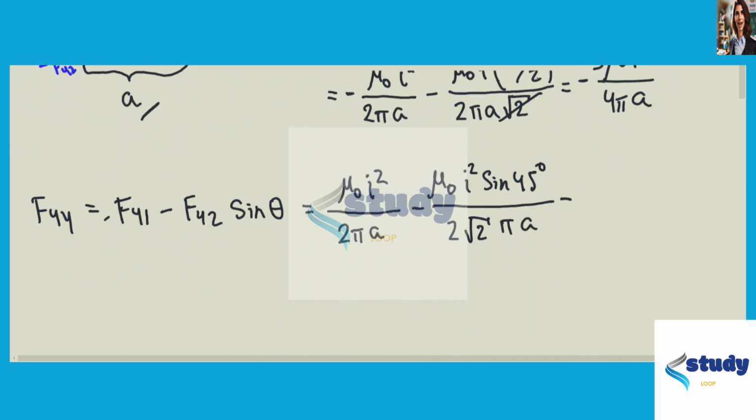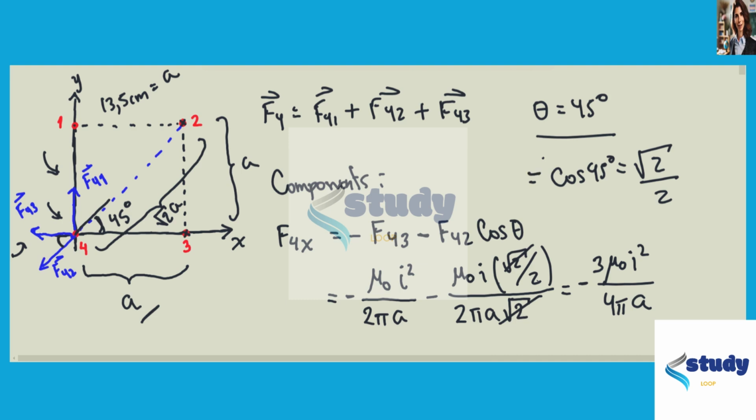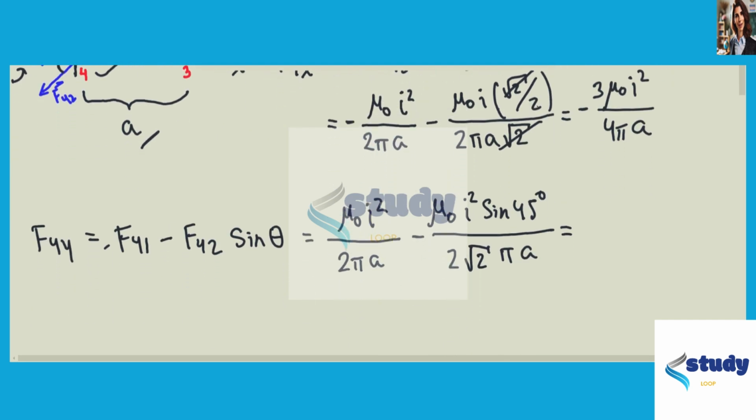For the y component, we also know that it is the same value, cosine and sine of 45 are the same values. So if we put that in here, sine of 45 is this. So we are going to obtain, in this case, okay, so that's what we obtain for these two